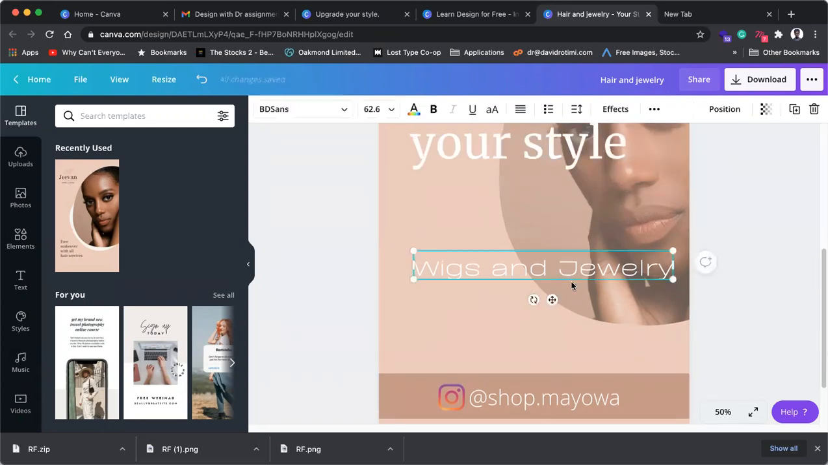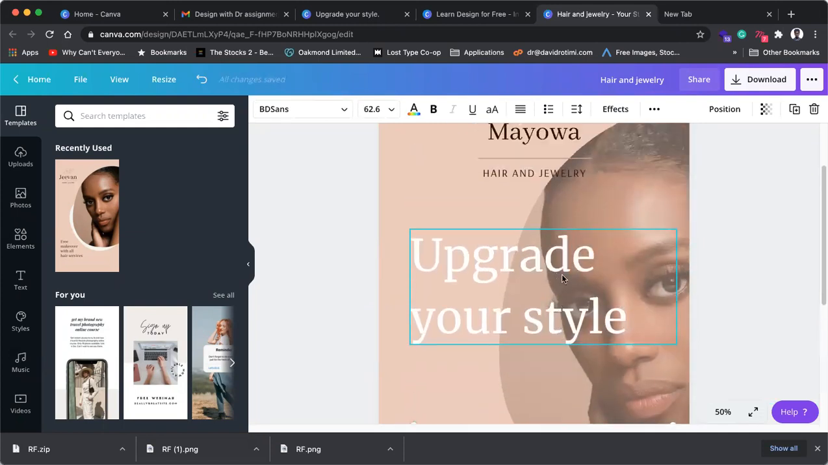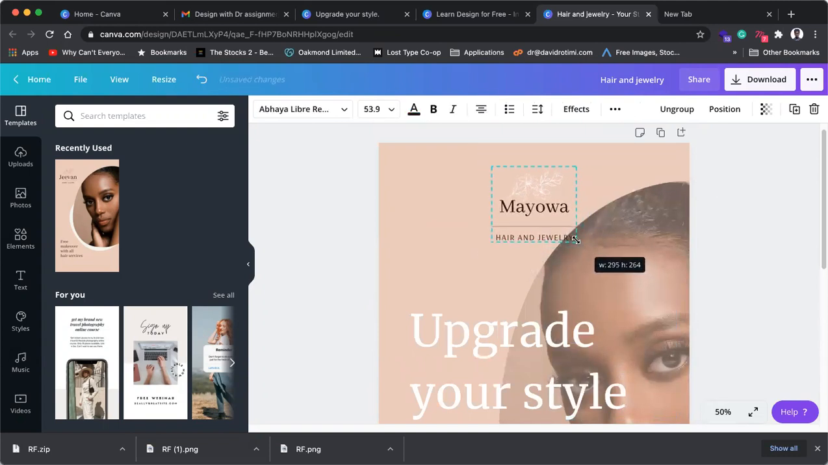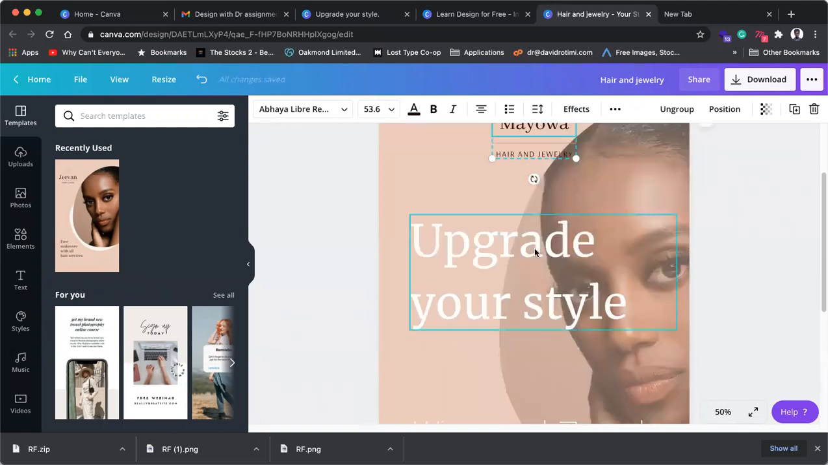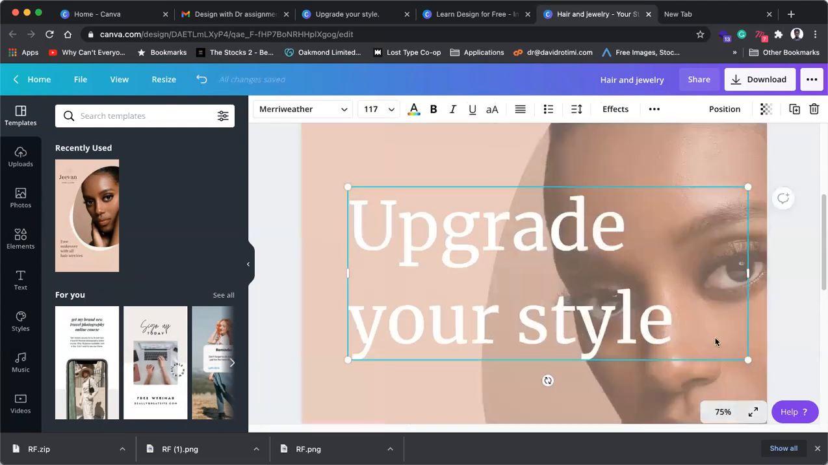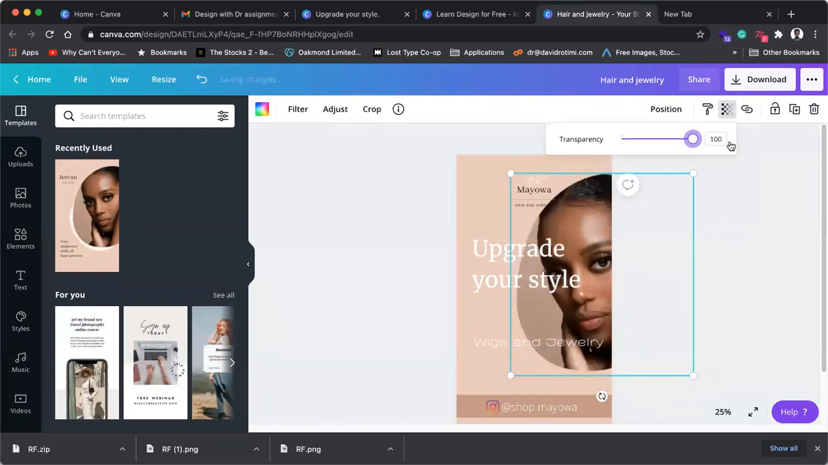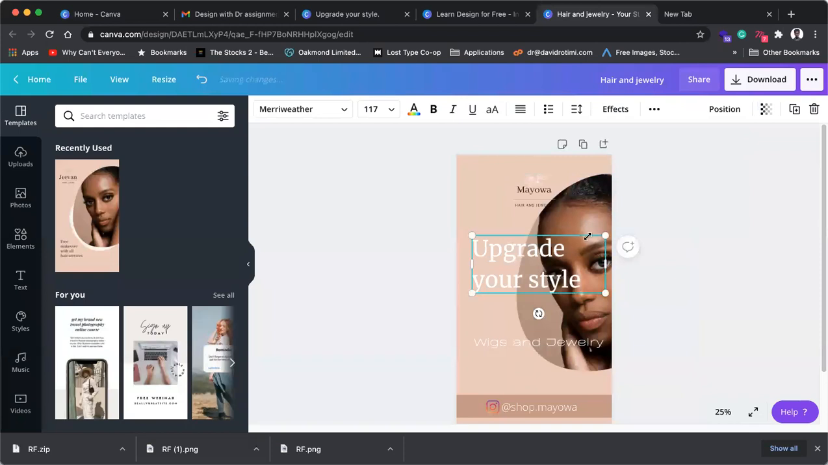Wigs and jewelry. Okay. So I like the image that he used. Really nice. I like the logo placement. It would just be nice if the logo was a little smaller so it's not distracting the text that we have. The image used is really good, to be very honest. I love the image used. The only other thing I'll suggest is, you can make the image pop actually, and then have something like this where upgrade is separate and your style is separate, so that you can have the text,